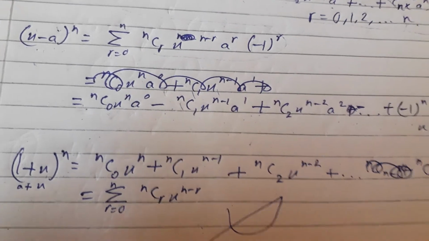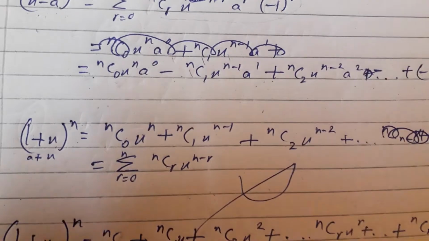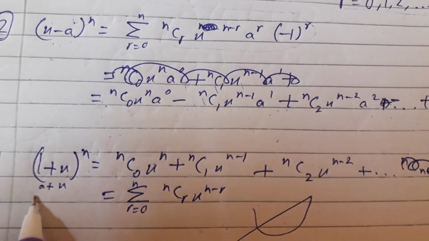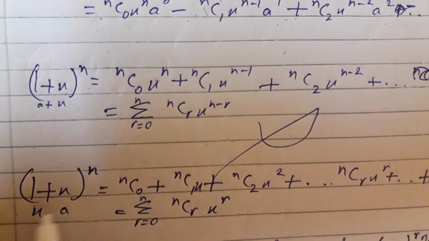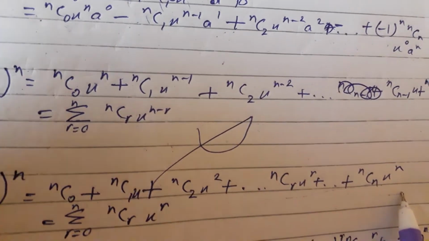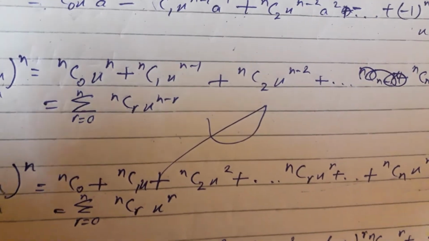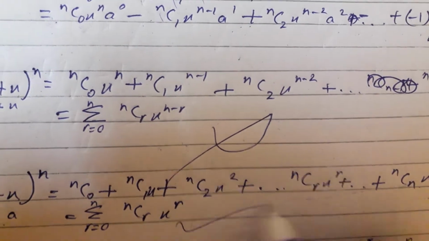See, we can get the ascending powers of x if we exchange these two, meaning if we take 1 as x and x as a. If we take 1 as x and x as a, then we will get this type of expansion, which will give the expansion of (1 + x)^n in ascending powers of x. Okay, so this is the correct form.